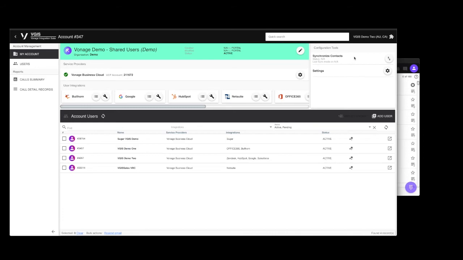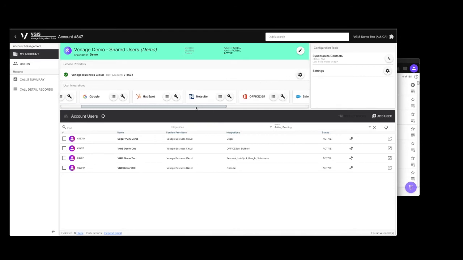Most importantly, I can do a full sync on my contacts. This is different than the end user version I showed you earlier, which only changes your metadata. This will be a full synchronization, meaning it's going to send all of the information regardless of what it already has stored. So it will give you a full picture of your contacts in the Zendesk system.